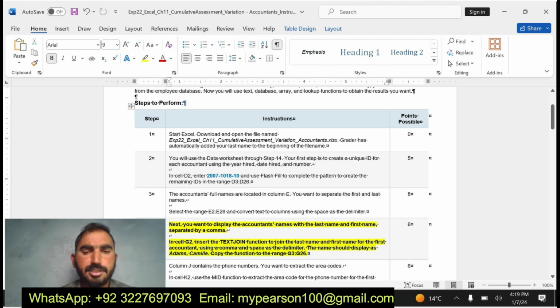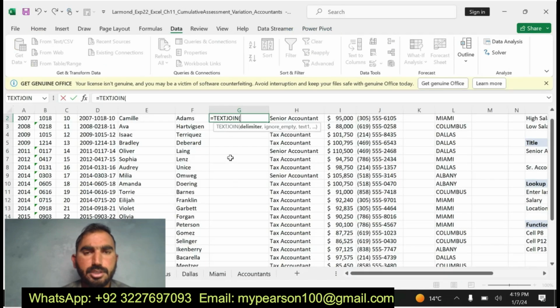You can see here, insert the TEXTJOIN function. Okay, I am going to insert the TEXTJOIN function. Comma, true.